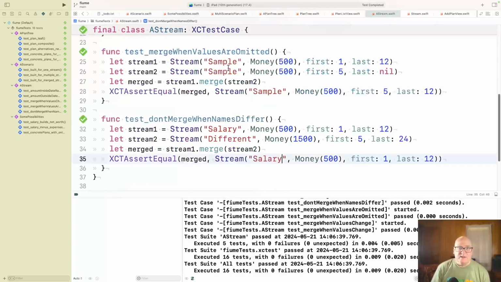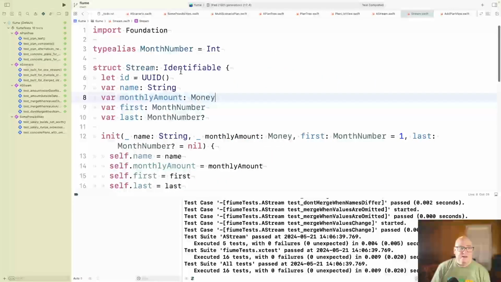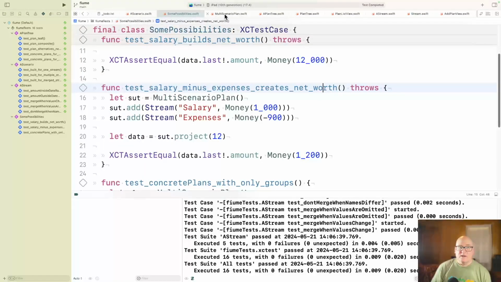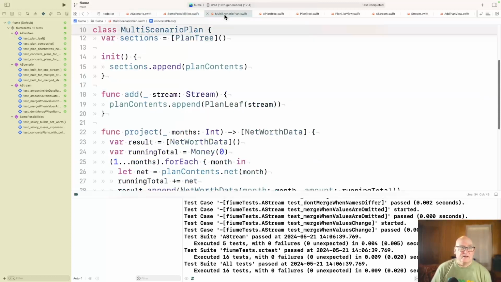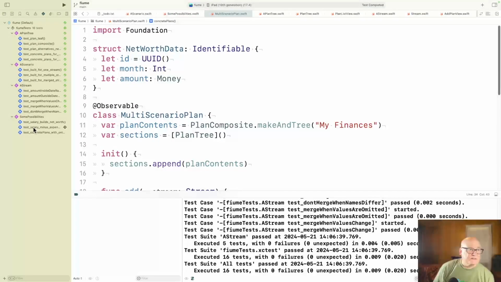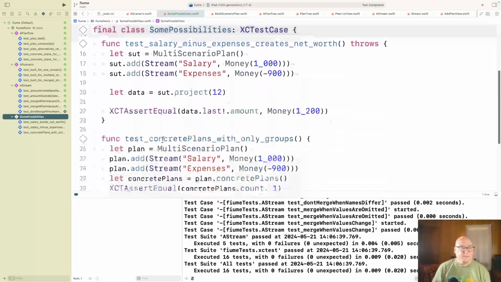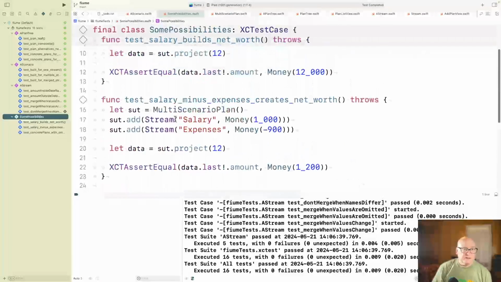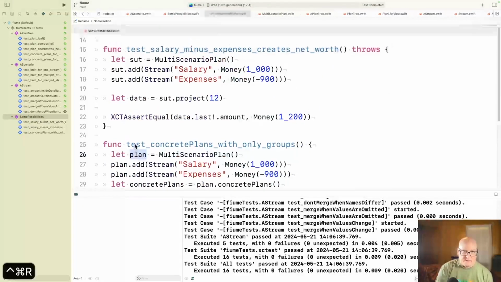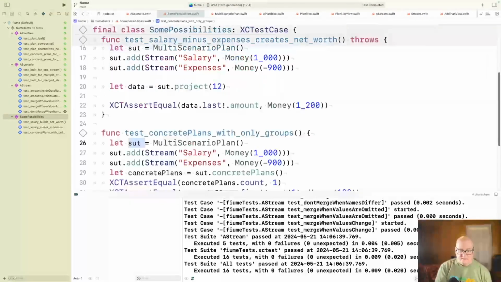So, just briefly, whoops, stream, we have only one that's optional. So the only override that's possible is, you know, or non-override. We're treating a nil and last as saying take whatever was already in place. Okay, so I think there's some of that going on with our other stuff. Multi-scenario plan lost. Yeah, there we go. Okay, and this only has three things. Okay, and let's one more sub.